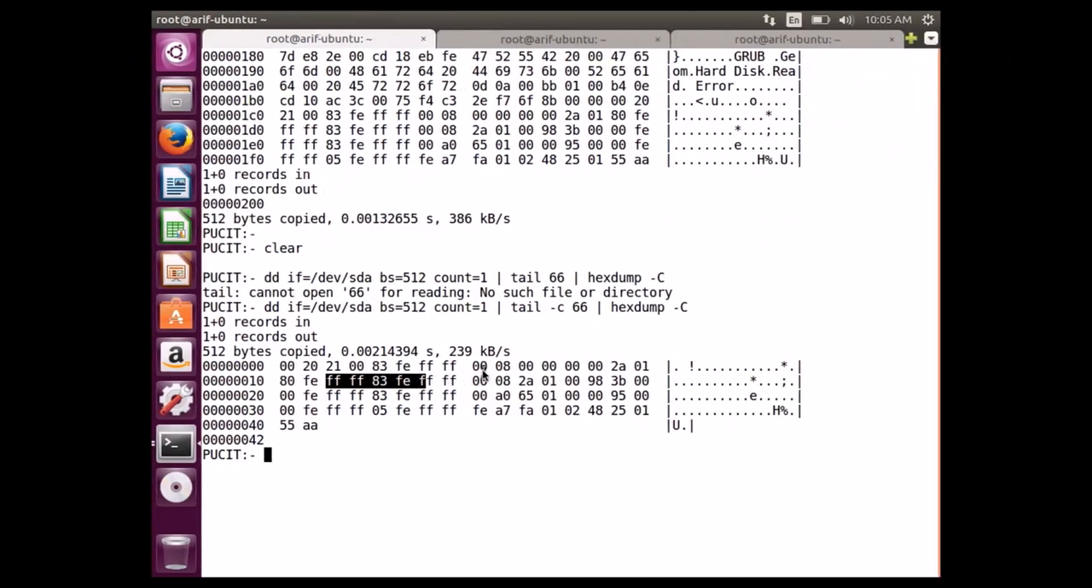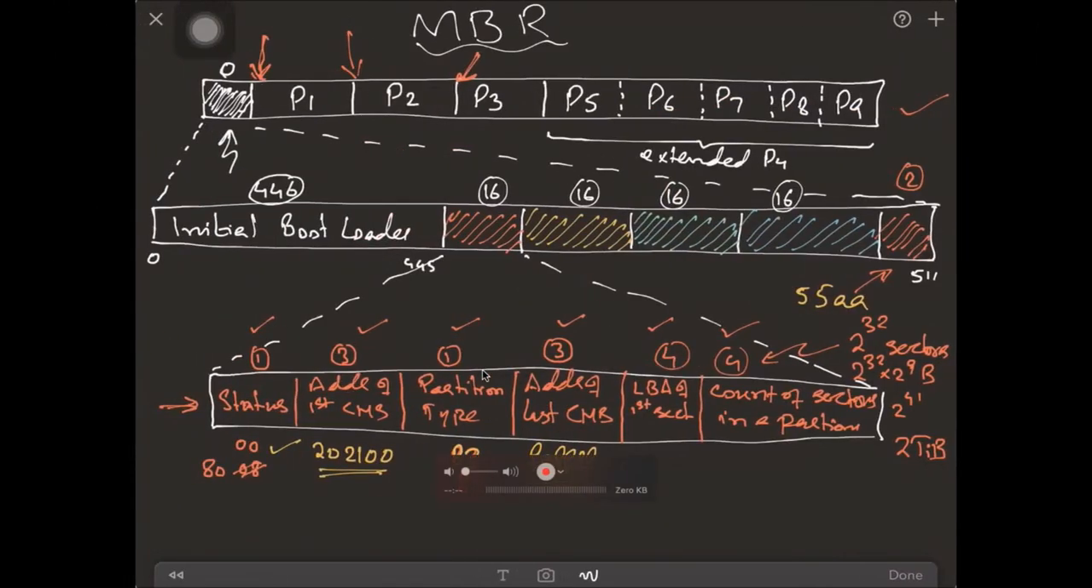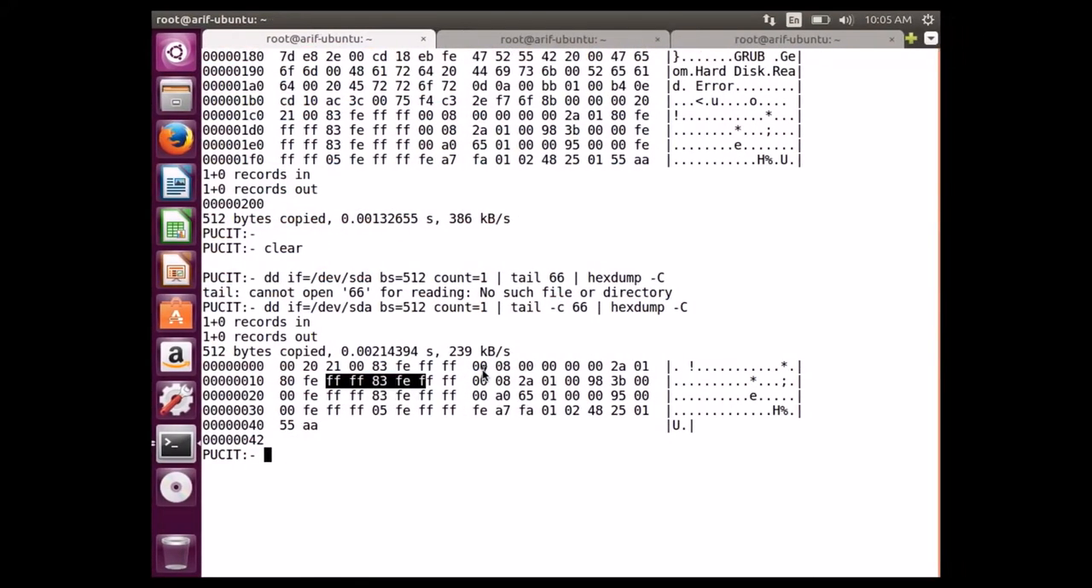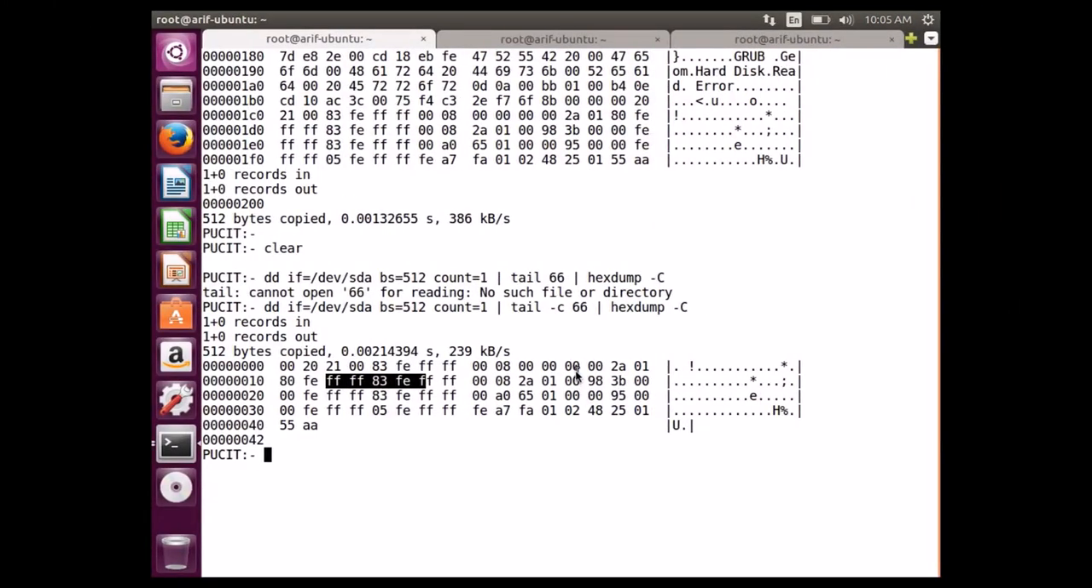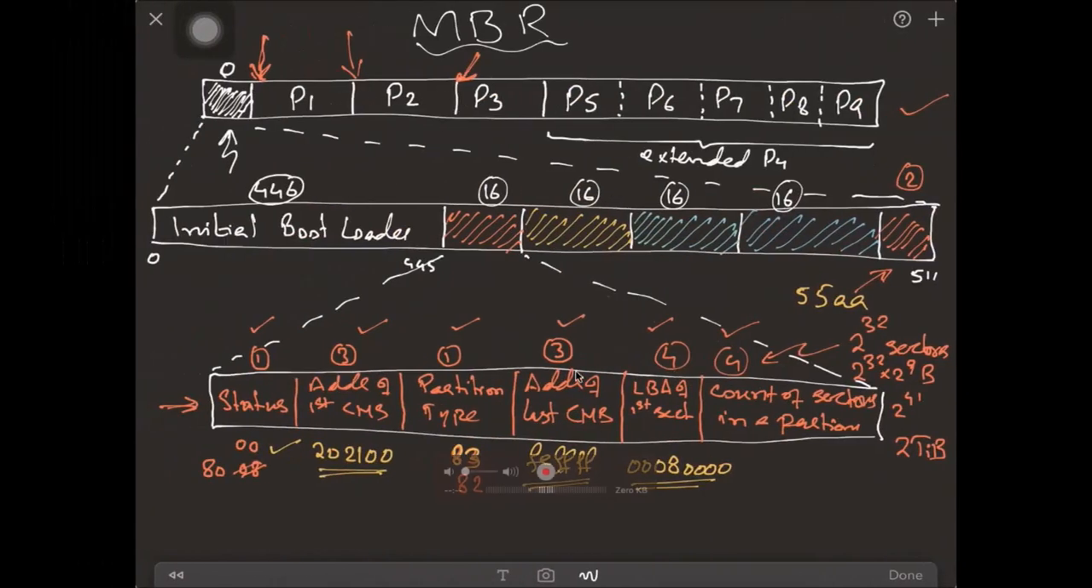Then we have 0008, and 0000. This is the LBA of the first absolute sector in the partition. And finally the count. The count is 00002A01. So gentlemen, we have been able to read a boot sector, and don't ask me that we can change